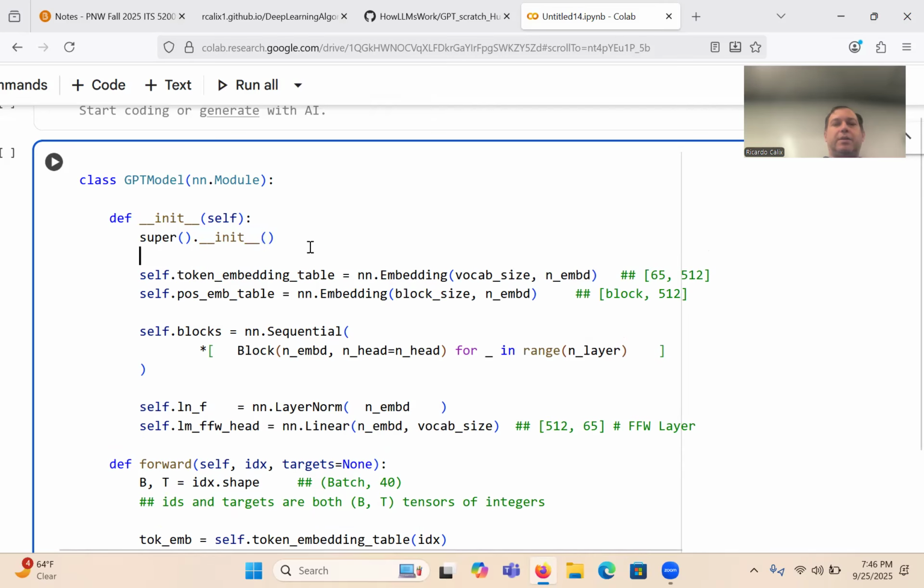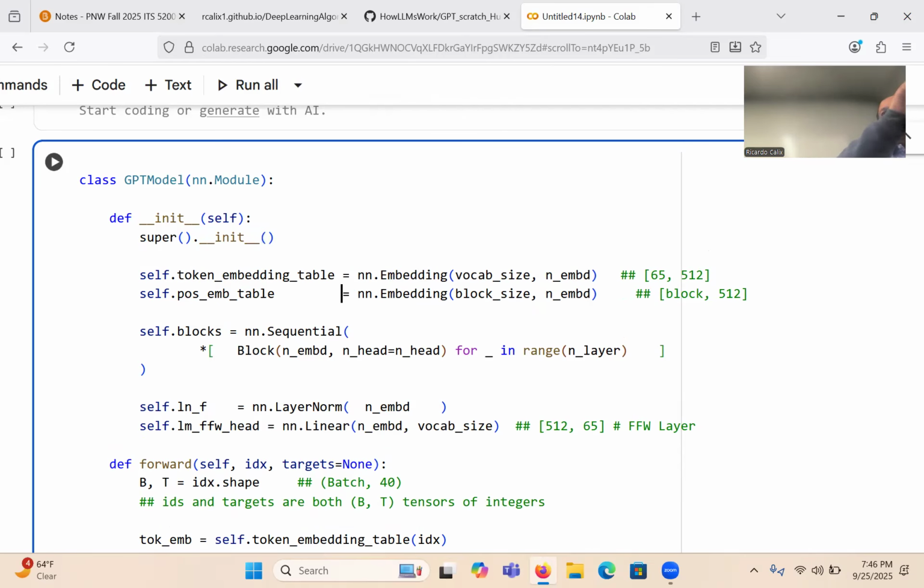Remember, here we're just declaring things. So these two lines of code that you're seeing here should absolutely be familiar to you. What are they? They are the way that we convert n comma 40 into n comma 40 comma 512, right? But remember that we would do that twice, one for the semantic embeddings and one for the positional embeddings. So we covered this already, right? When we did the embedding. So we used the construct nn.Embedding, and notice that we initialize this as vocab size to n embedding. So the vocab size here is 88, and n embedding is 512. I know I wrote 65 here, but